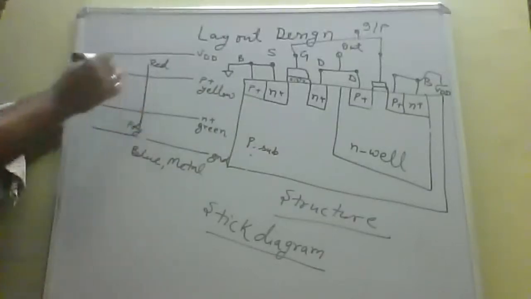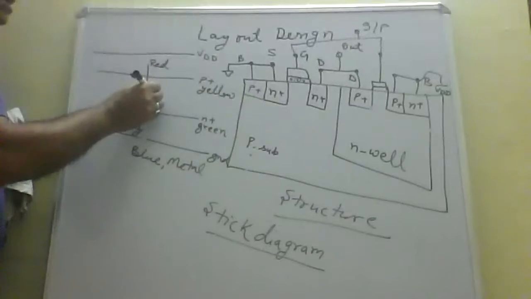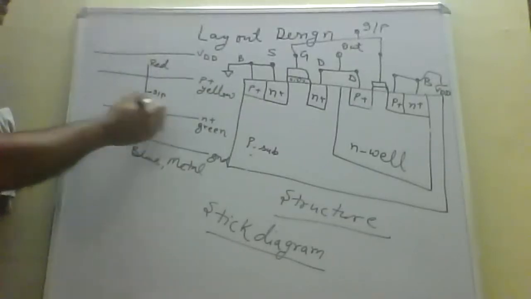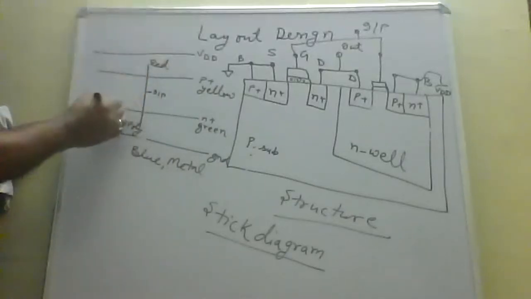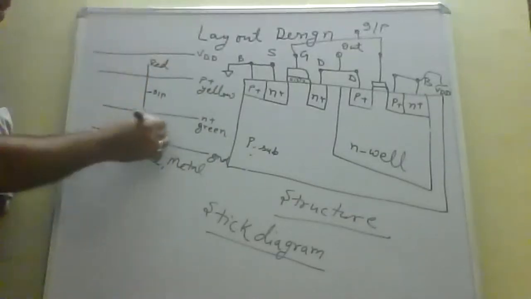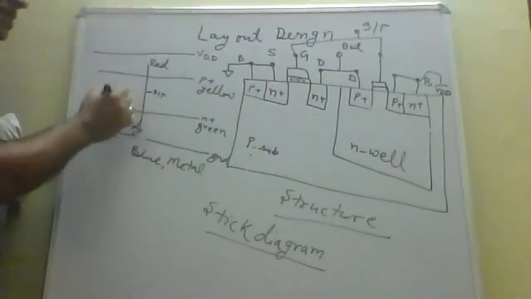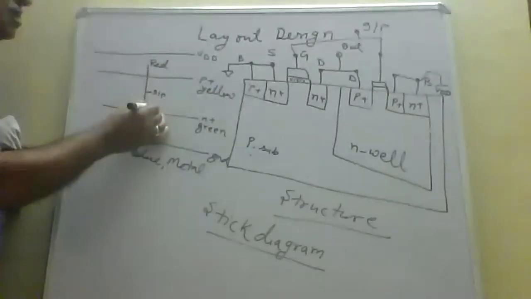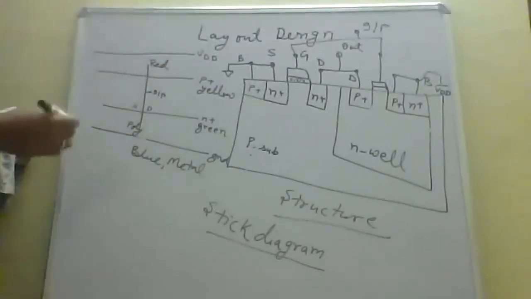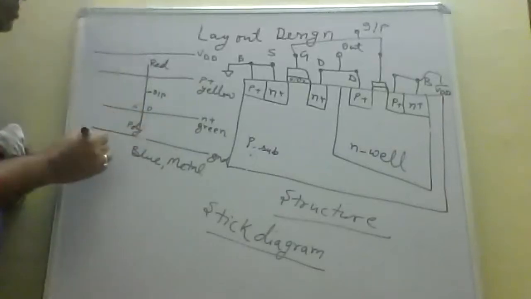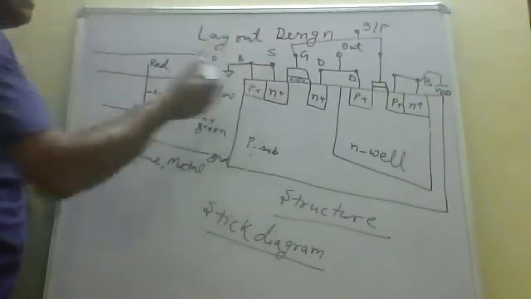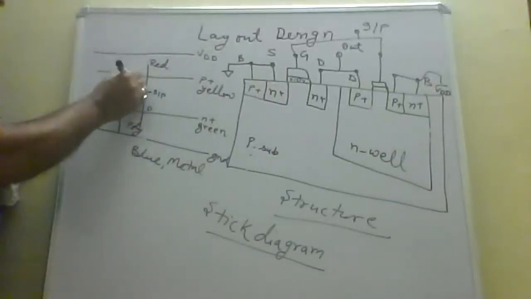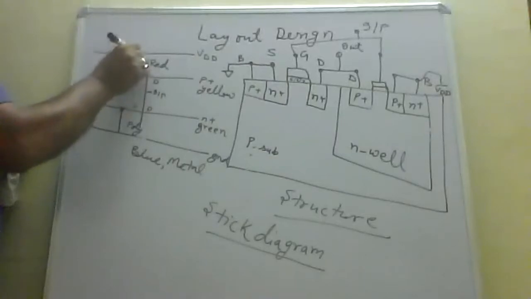This is poly, right? On this poly, we write the input. Whenever a poly cuts the N plus or P plus, this will be divided into source and drain. That is, this part is the transistor. So this part is the NMOS, this part is the PMOS. Suppose we write here source and here drain. One side will be source, another will automatically be drain. If this is the source, the source is connected to the ground. Here also we assume source here and drain here. Source is connected to VDD.